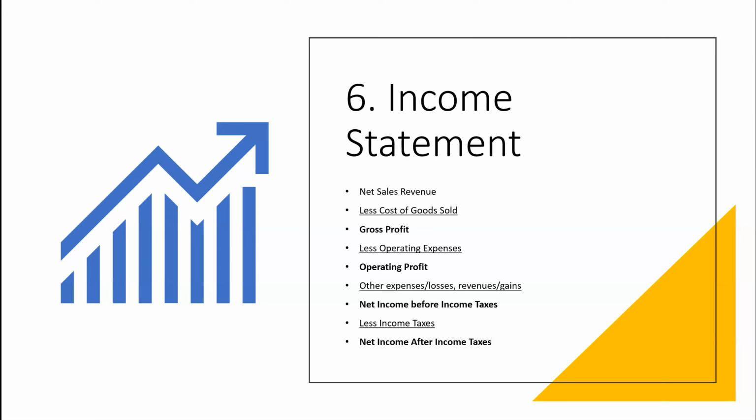Okay. Then from gross profit, we're going to take out all the other operating expenses of the business. I mean, think about it. There's a lot of other things outside the cost of goods sold that are required to run a business, such as, say, the human resources department, the accounting and finance area, facilities and maintenance, IT. There's all kinds of departments that operate out there, and that's part of our operating expenses. So once we take gross profit and reduce it by our operating expenses, we have our operating profit.